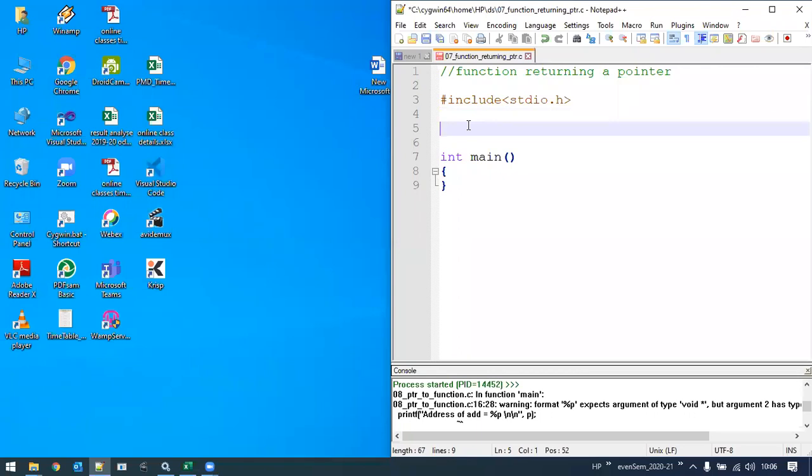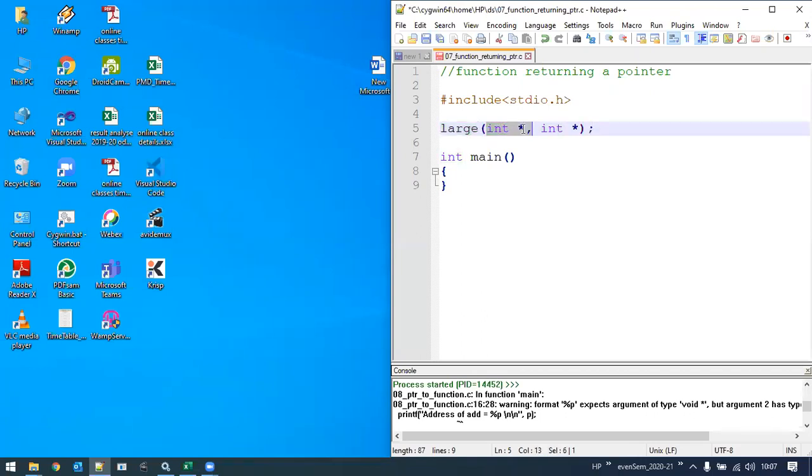Say I want to find the largest of two numbers. So let me have a function. Let me first write the function prototype. The name of the function, I would say, is large, and it takes two parameters, and this time the parameters I'm going to pass are addresses. So to store the addresses, I require a pointer, int asterisk, and for the second number again I'm going to pass the address, so int asterisk. So two addresses I'm going to pass to this user defined function.